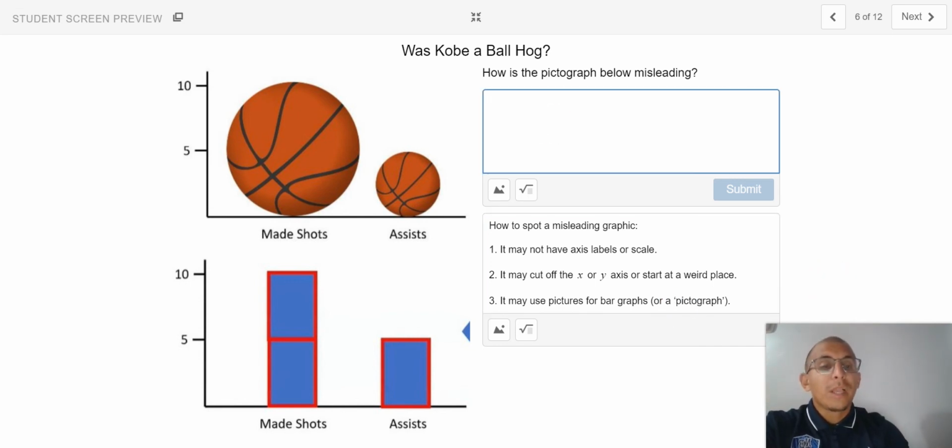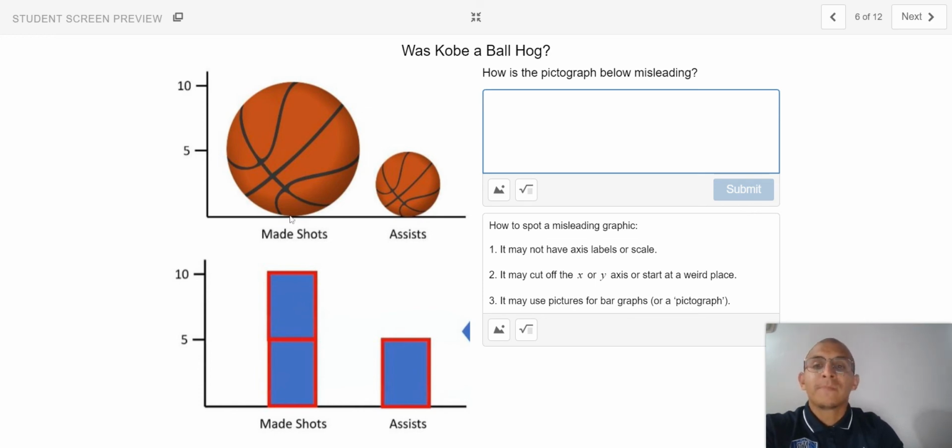So you should have already typed your response to how the pictograph below, or I should say to the left, could be misleading. But take a look below. I've re-represented Kobe Bryant's statistics using a bar graph. And we can see here that Kobe Bryant makes double the amount of shots compared to assists, and it's much more uniform and consistent because the width and height of each of the bars is